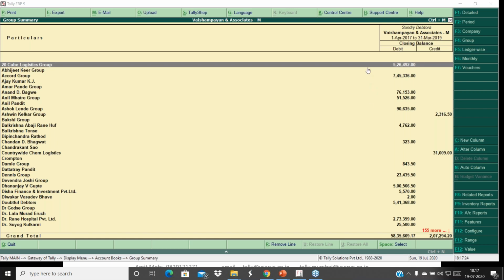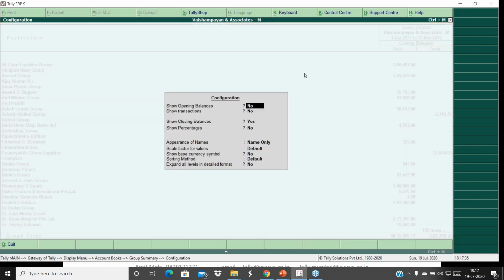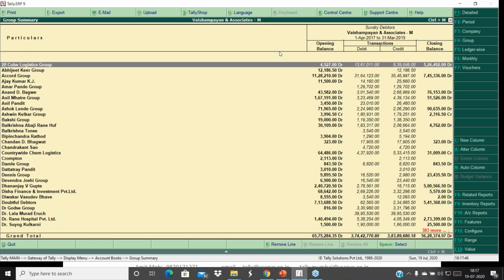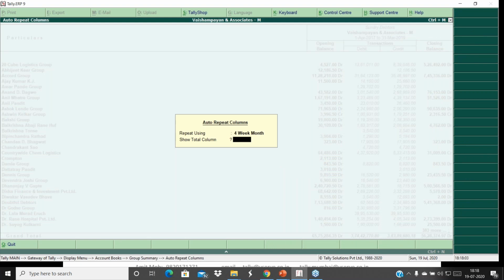This is the total number of customers with whom we had transactions during the year. So there are some 50 transactions here and 155 more. So I'm selecting now to configure, and I'm selecting opening balance, yes, transactions, yes. Now if you're seeing it, you can see for 2 years, this is the total amount of transactions that I have. I'll just put it as auto column, and